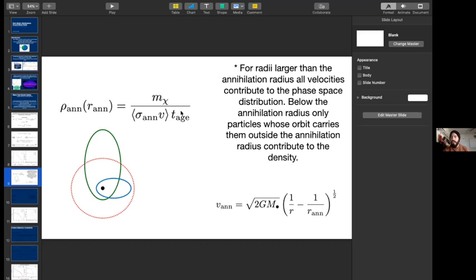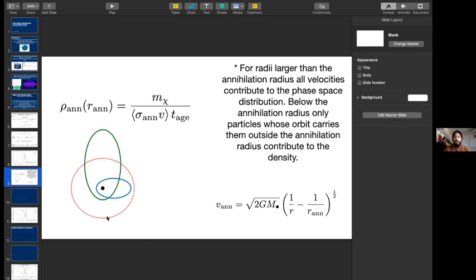So here I have t age, it's the age of the halo, I have the dark matter mass, and the thermalized annihilation cross-section. And so if we're interested in regions much larger than our annihilation, we say that all dark matter particles contribute to the phase space density. And this is because if we're outside the annihilation zone, we're going to make the assumption that the particles completely escaped annihilation. On the other hand, if we look at the r less than r annihilation,